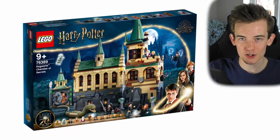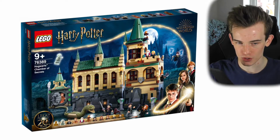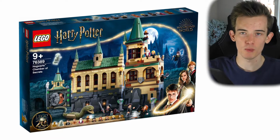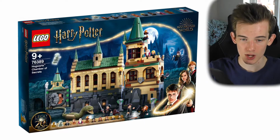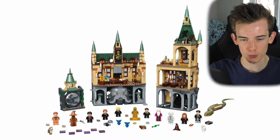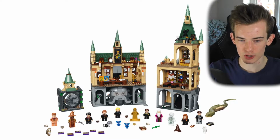Anyway, moving on to the largest set and the one I've already mentioned, this is the Hogwarts Chamber of Secrets, set number 76389. This has a whopping 1,176 pieces included, as well as 11 different minifigures: Harry Potter, Ginny Weasley, Tom Riddle, Colin Creevey, Justin Finch Fletchley,